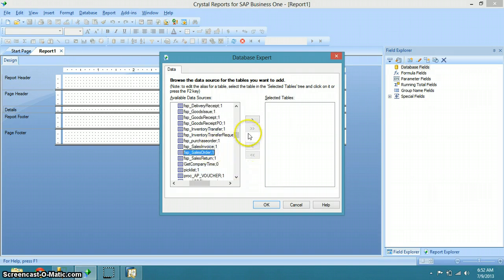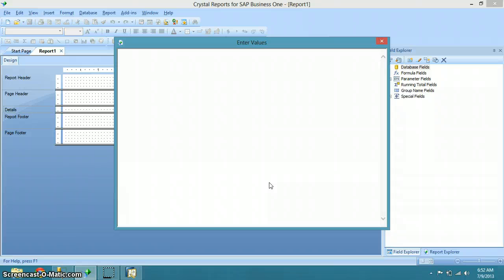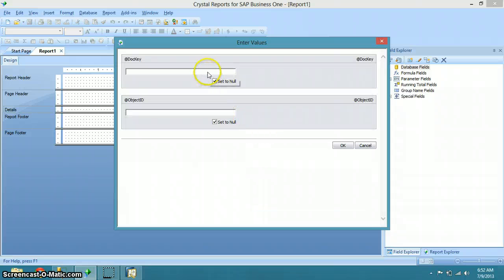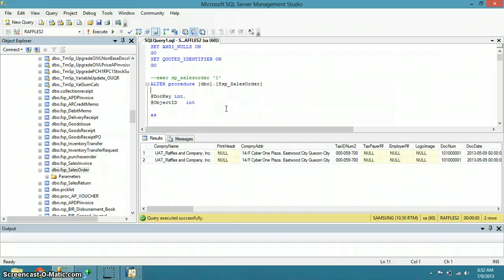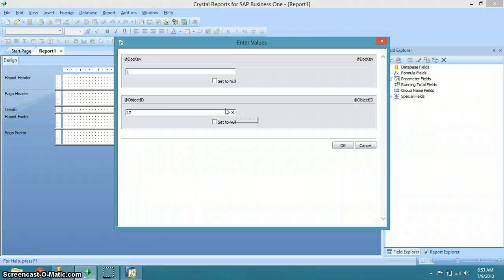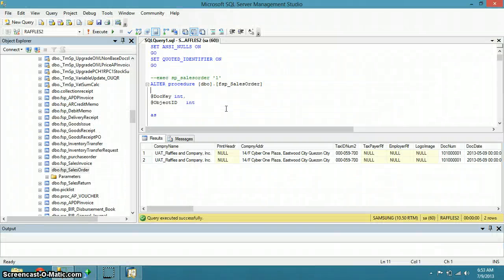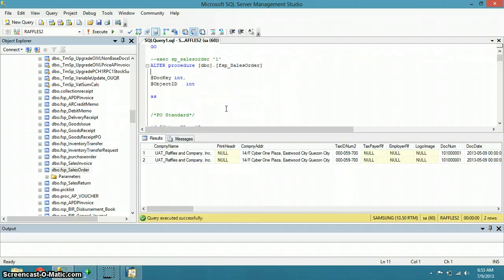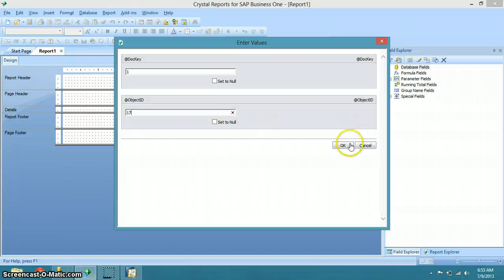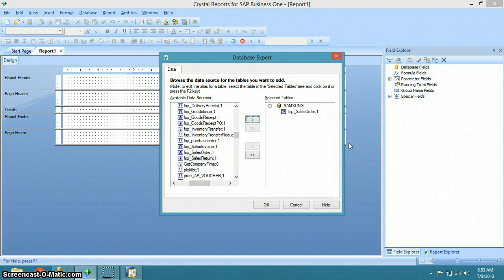Here is the stored procedure of sales order. Now we're going to enter a value which is 1 and the object ID is 17, because as you can see, the object ID of the sales order is 17. So click OK, then click OK,